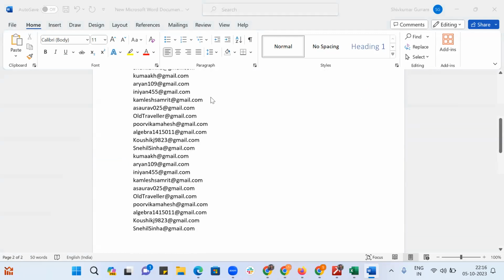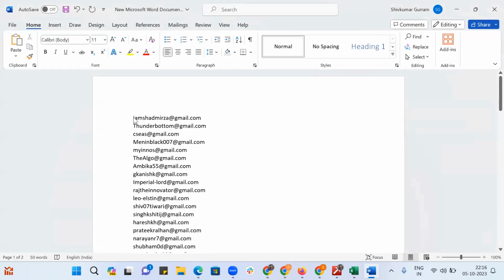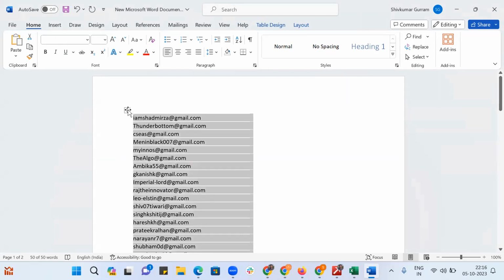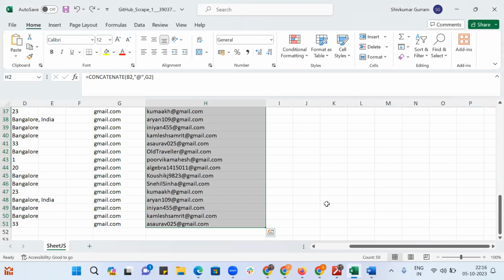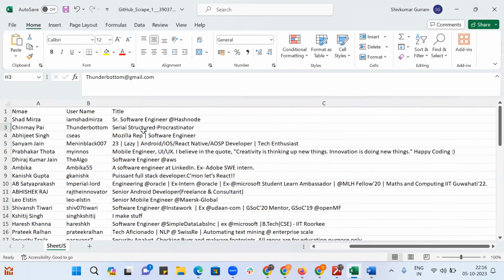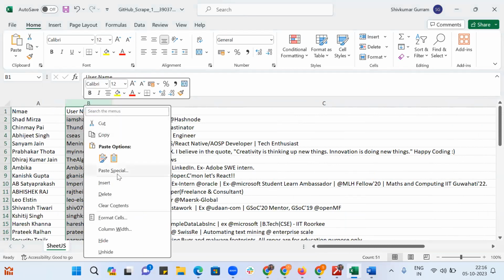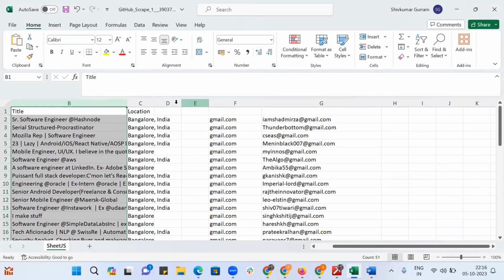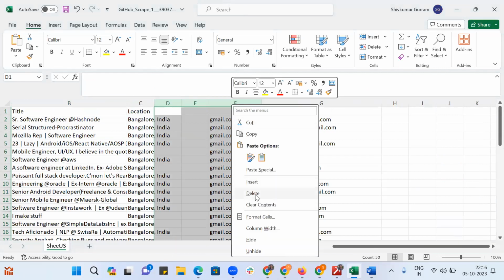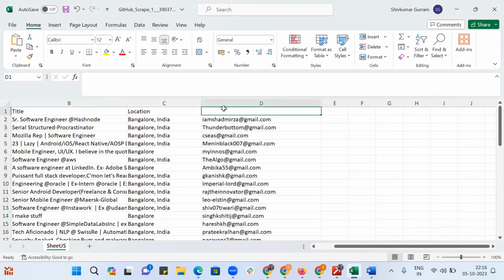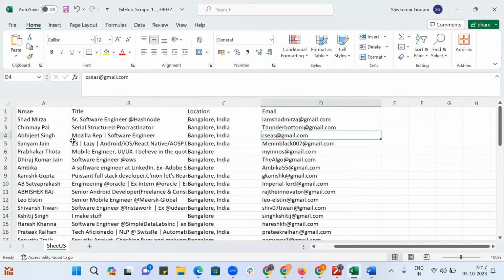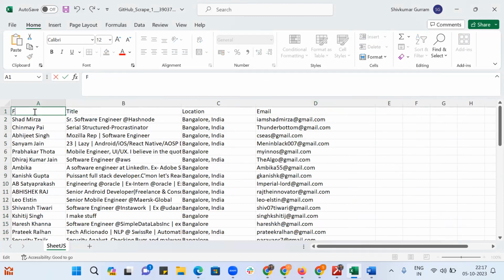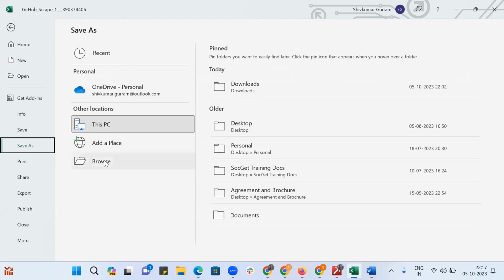Instead, you can create a sheet 2 or something like that. That's fine. We'll just create this. Okay, now this is not formula driven, so I'll remove username. Bangalore, India, I'll keep it. Also delete. Email. Okay, so full name, title, and email. And then I'll create this file, save as, browse